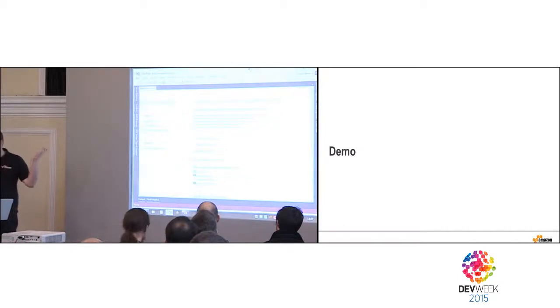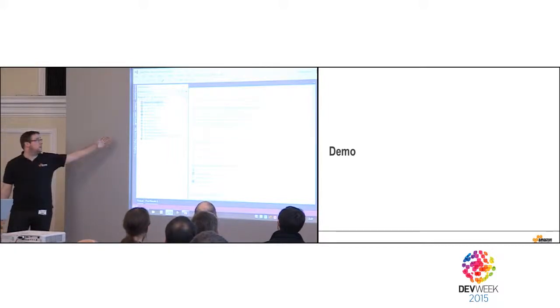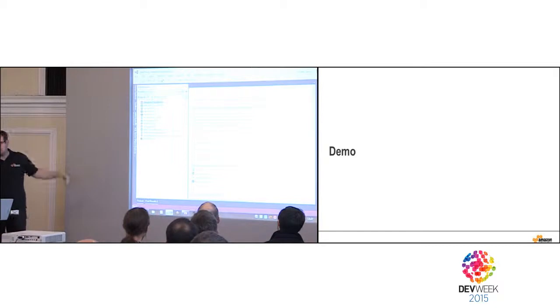So it's Visual Studio. I took the community edition because it's just more simple. We have a Visual Studio toolkit that basically gives you access to anything from AWS directly from Visual Studio. So when you start, you'll see on the left we have a list that gives you access to all the regions where AWS is available. So we have all of them. And you can access the services directly.